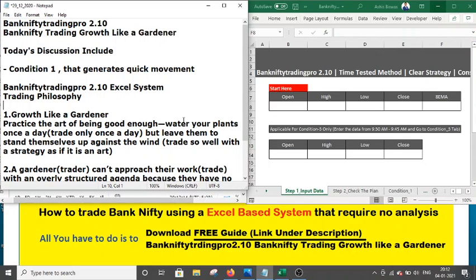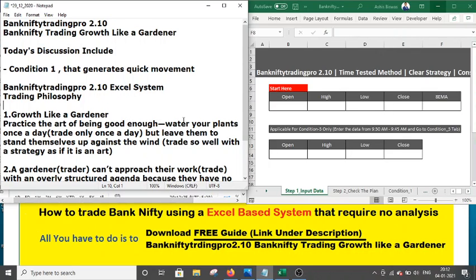That means you should trade only once a day. This Bank Nifty Trading Excel gives you one single trade every day. You have to trade at a fixed time, 9:30, so that you can enjoy your whole day. But remember,